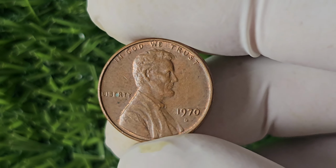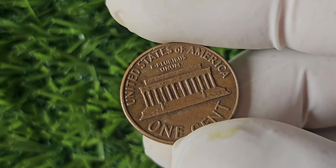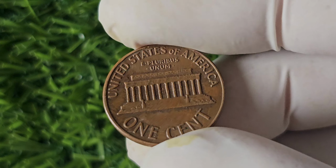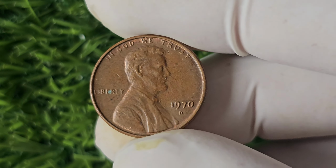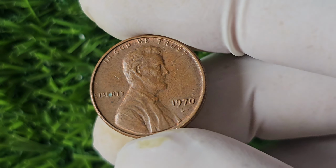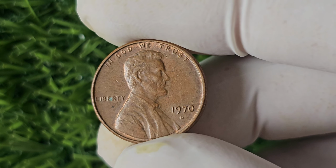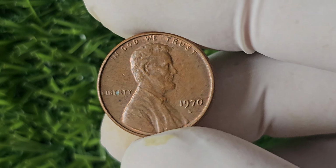As we come to the end of our journey through the history and value of the 1970 mint mark Lincoln penny, I hope you've gained a newfound appreciation for the world of numismatics and the treasures it holds. Whether you're a seasoned collector or just starting out on your coin collecting adventure, the 1970 mint mark penny is a true gem worth pursuing. So keep your eyes peeled, your pockets open, and your passion for coins alive. Who knows, you may just stumble upon a 1970 mint mark penny that will change your life and bank account